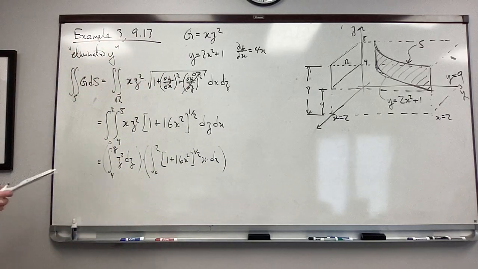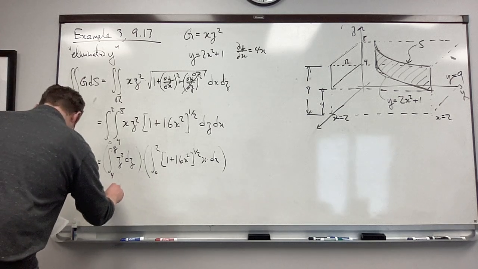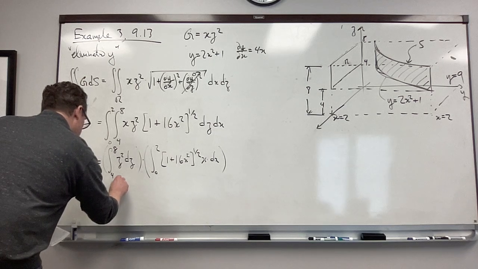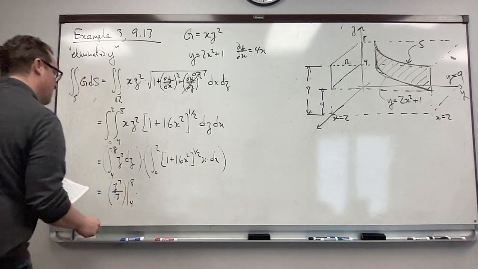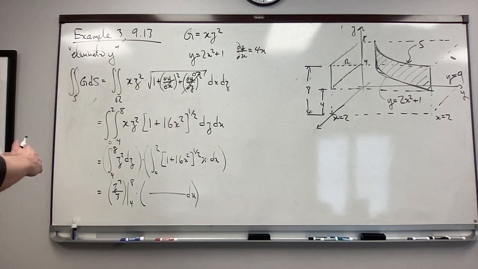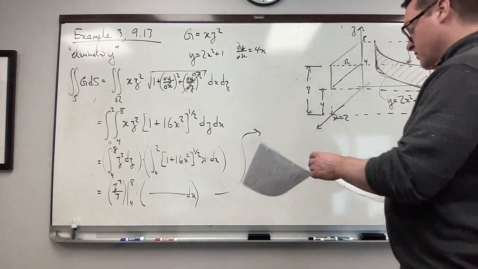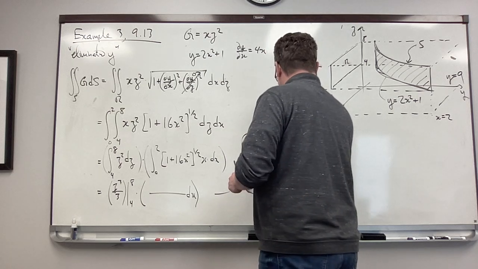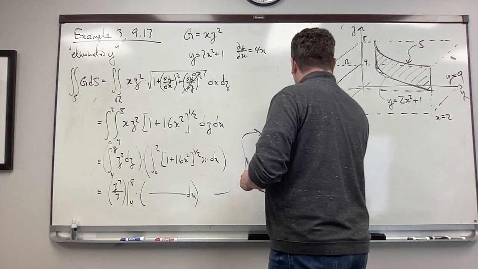Okay. So that's cool. Here, I'll just do this one more at the very bottom here. So this will become, okay, and then we have this same thing here of dx. Okay, and I'll just continue right here. Okay, so this thing becomes 8 cubed over 3 minus 4 cubed over 3 times